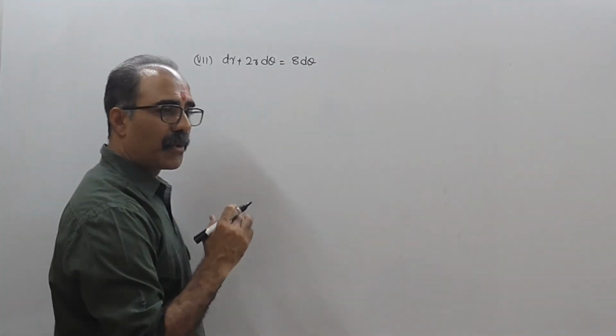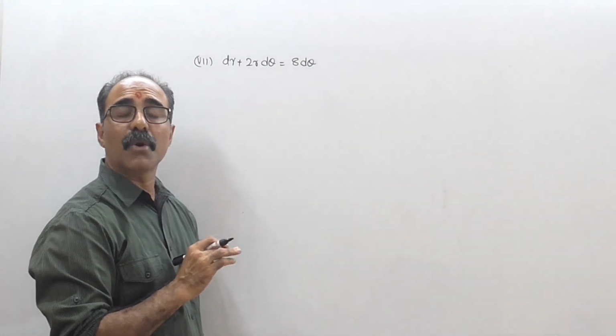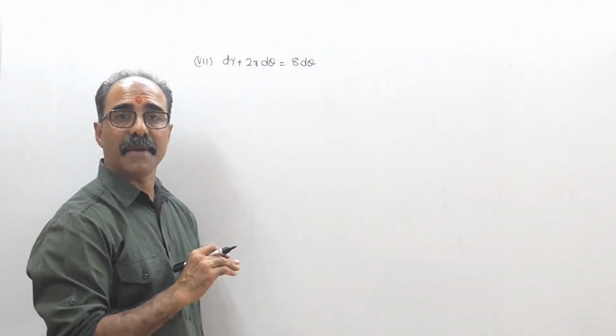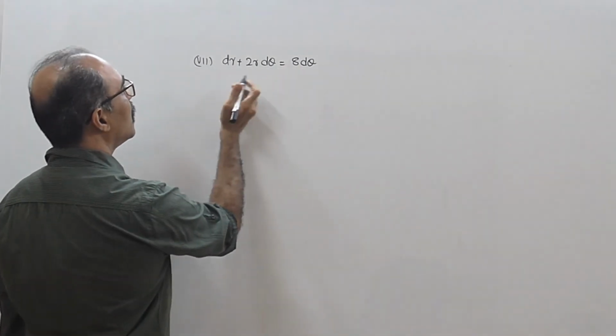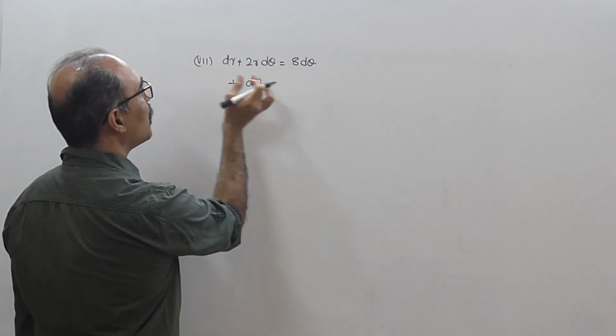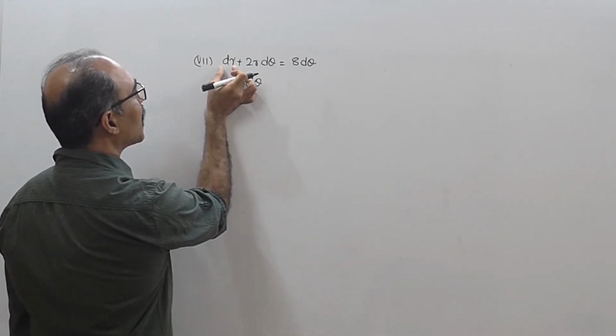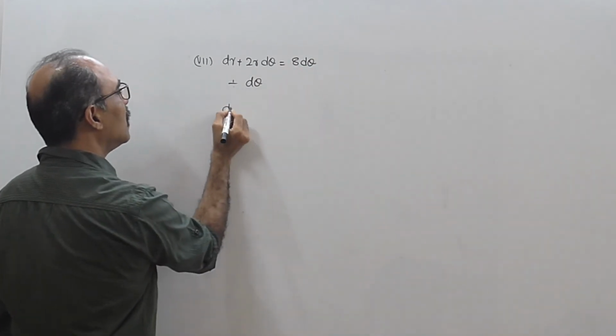See, whenever you're doing problems of these type, I think you generally try to frame dy by dx or you generally try to frame dx by dy. So इसमें dr है, d theta है, d theta है. So एक काम करना, divide both the sides by d theta. At least एक ही बचेगा. इधर divide करेगा तो dr by d theta आएगा. इधर d theta गया, इधर भी d theta गया.